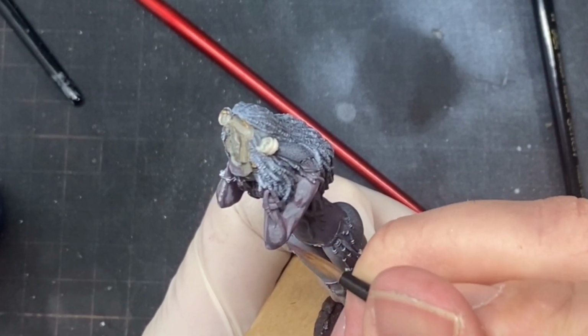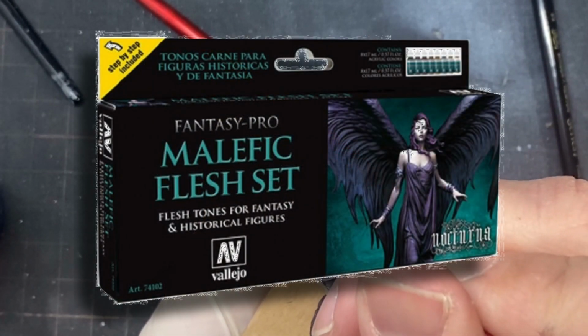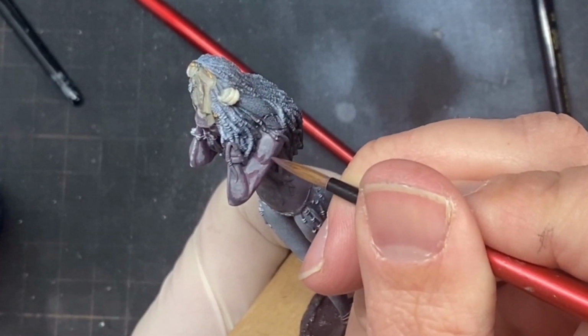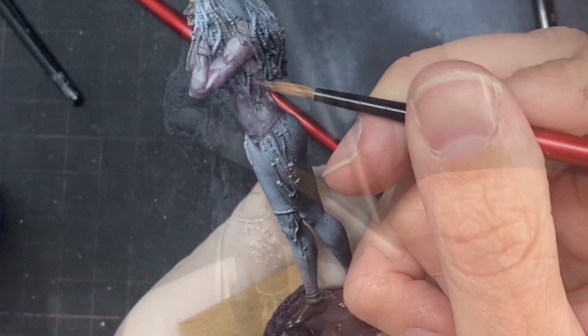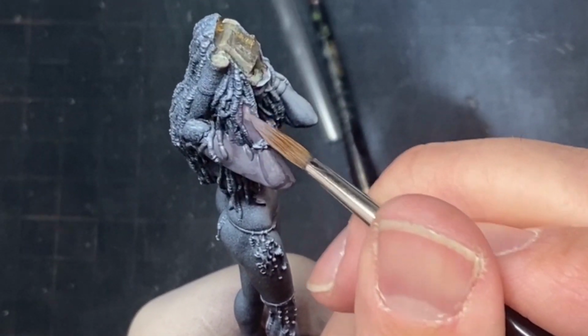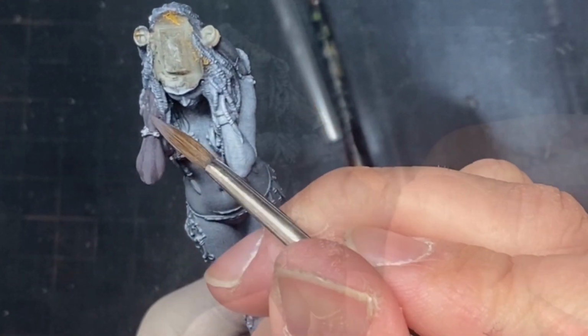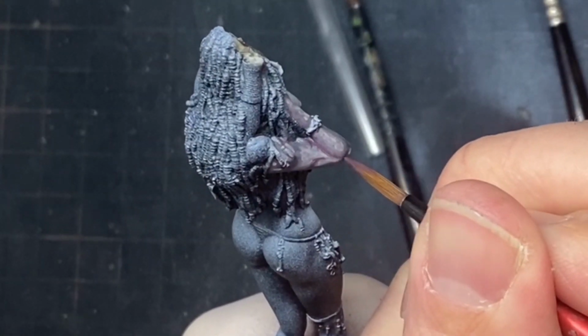These were all from the Malefic Skin Tones Nocturna range from Vallejo. I began on one of the arms and started with covering the skin with my midtone. I then made a value sketch by mixing my midtone and first highlight together to mark out where the highlights would fall. Once I was happy with light placement, I then added the shadow by using a finer pointed brush